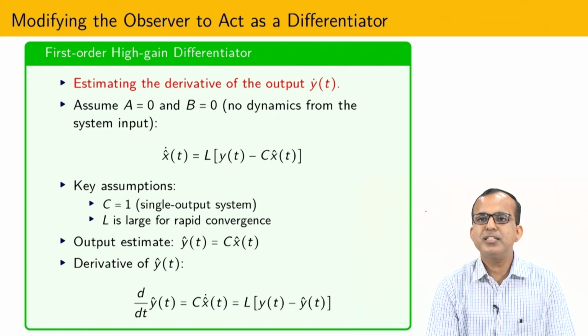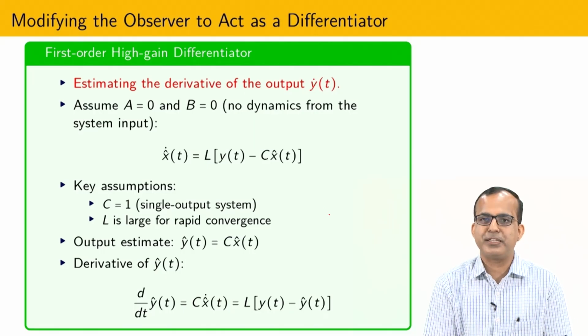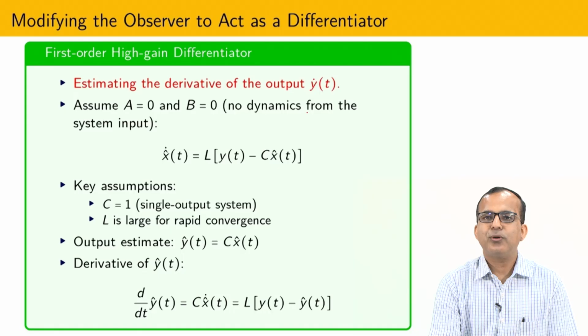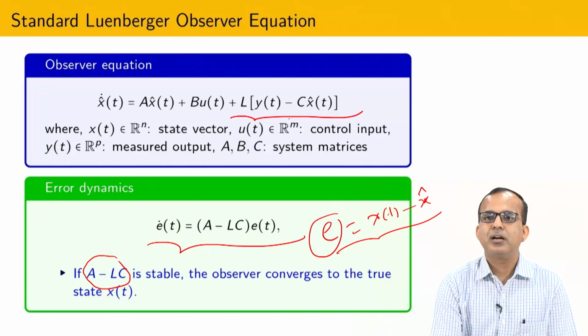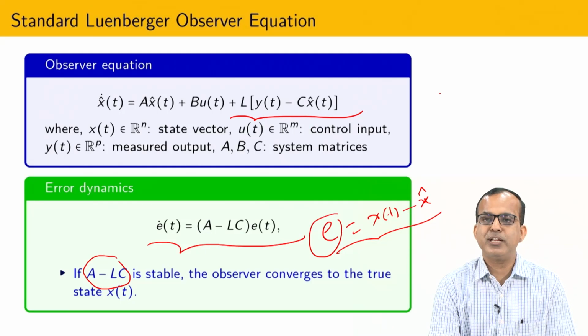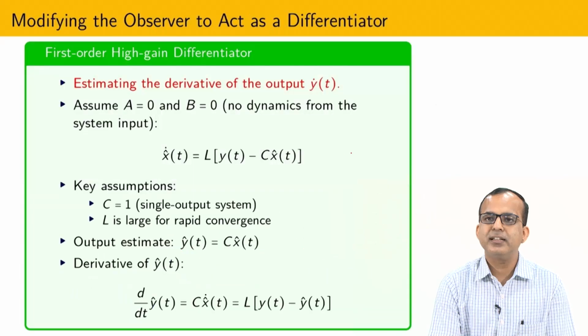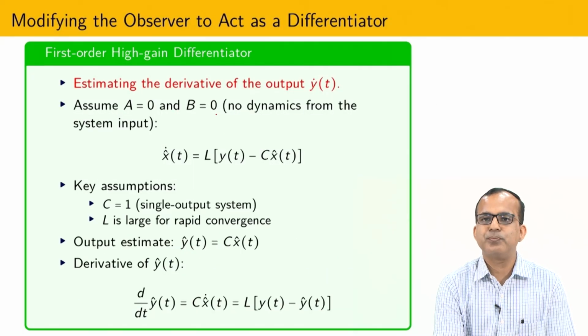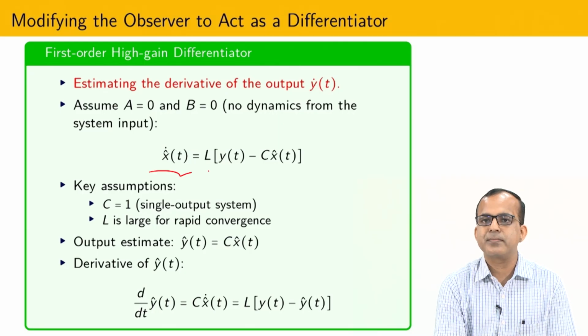Now from this particular Luenberger observer you can see that one can also generate the idea of a differentiator. So what is the basic idea that is suggested by Professor Luenberger? Since you don't know the dynamics, because most of the time whenever we are solving higher order sliding mode control, our dynamics lie in a black box, and due to that reason you can keep A equal to 0 and B equal to 0. So if A equal to 0 and B equal to 0, you can see that these two terms will not be present. So finally I have a structure like this.